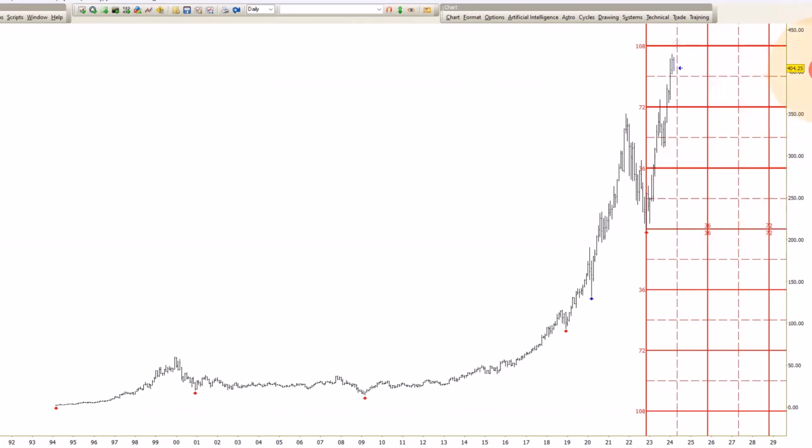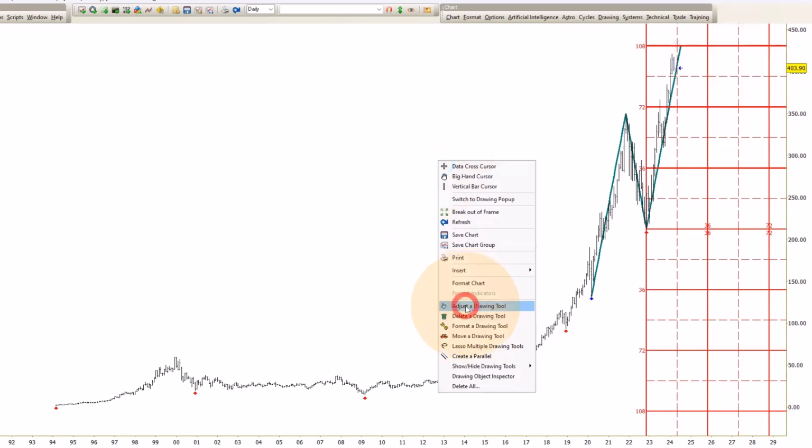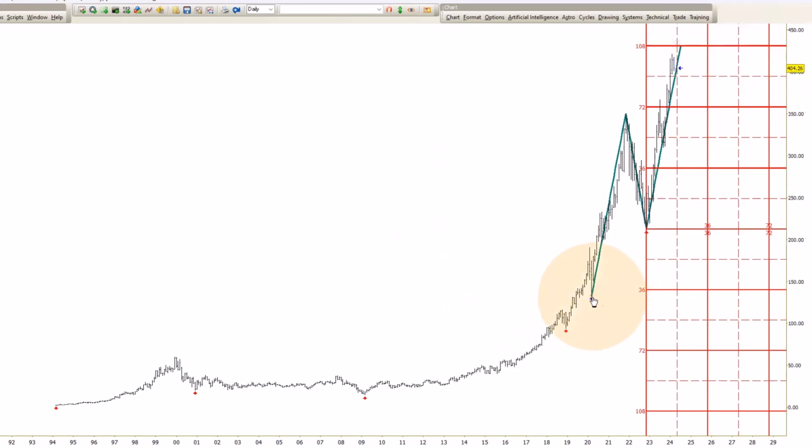Since we like to see ABCDs putting in highs, I was trying to see if we have a low that we can work off of to get us a decent ABCD. And sure enough, we have that right into the full square. So the two together, not bad. That's decent. If we get down to the other lows, obviously we have higher targets, and we could certainly get there. But this seems like a reasonable place if you want to see a confluence, and we do. We have a 108 from that low, and we have an ABCD finishing it up.